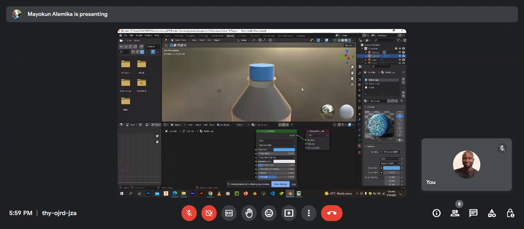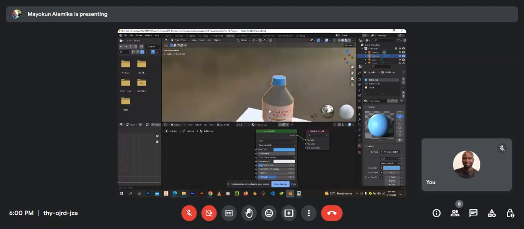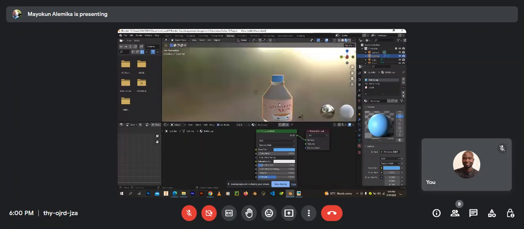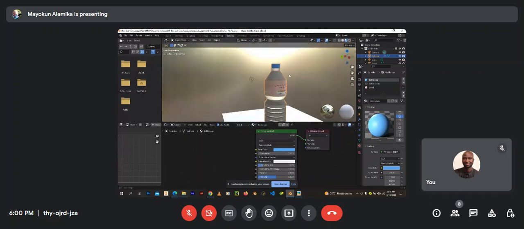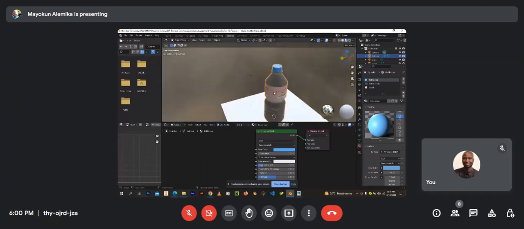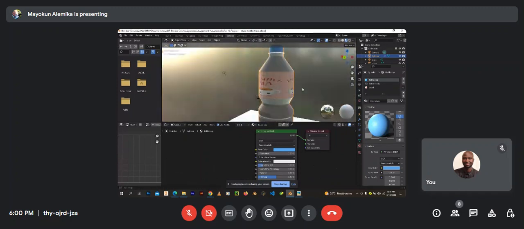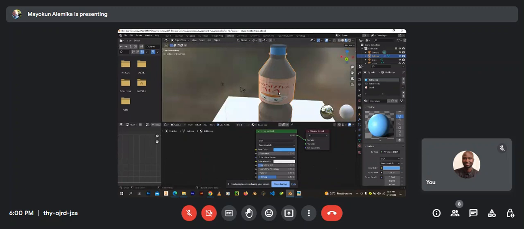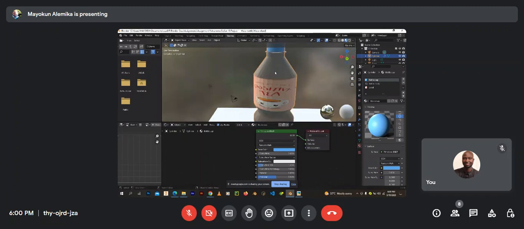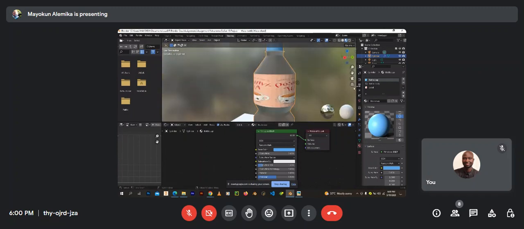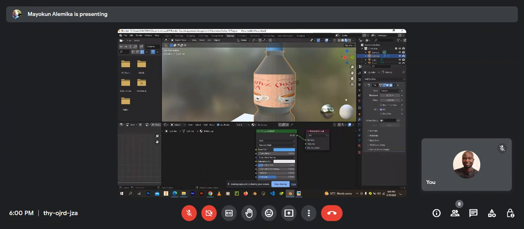Okay. So today I'll be wrapping up the class now because we've done most of the things. What I want you to do is take the water bottle you created in your first assignment, and texture it just the way I textured this. That's your assignment for today. You have to texture it the way I textured this. Add the bottle cap, the bottle, the texture, the materials, and remember that you